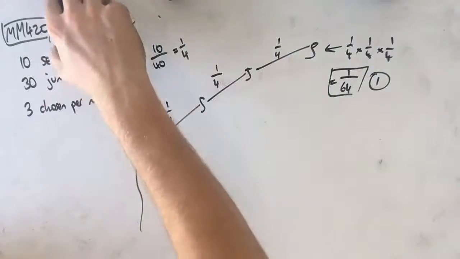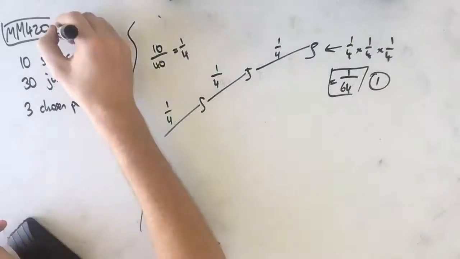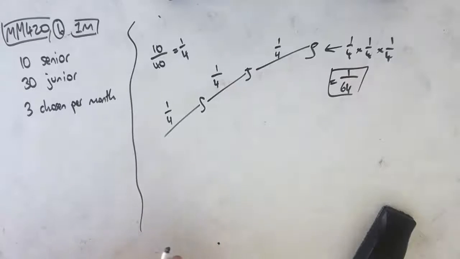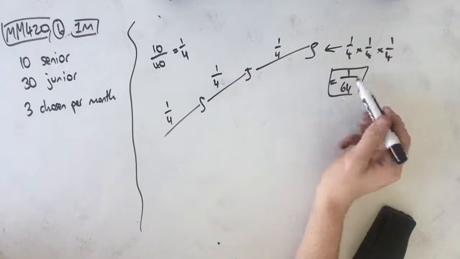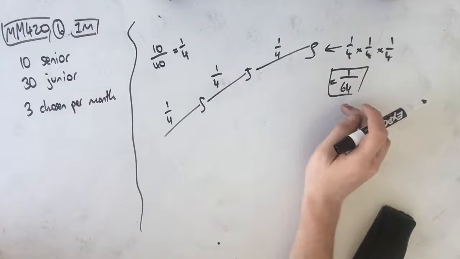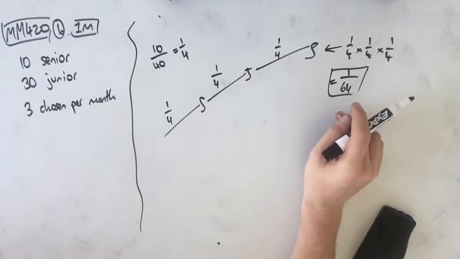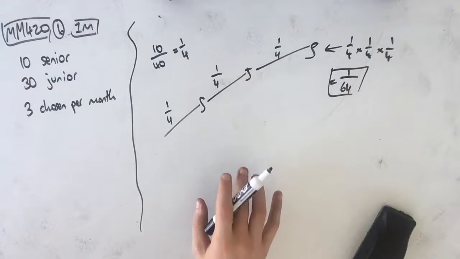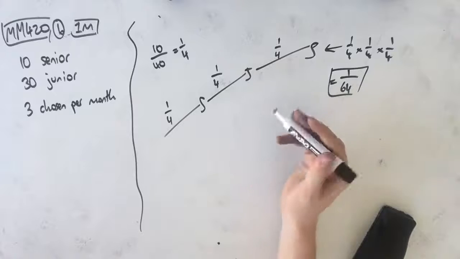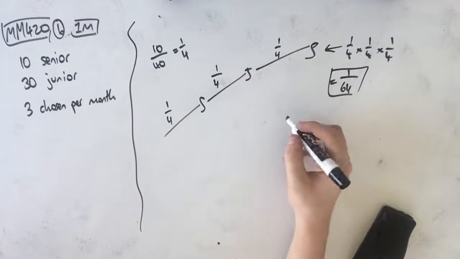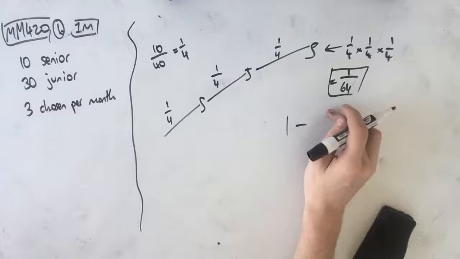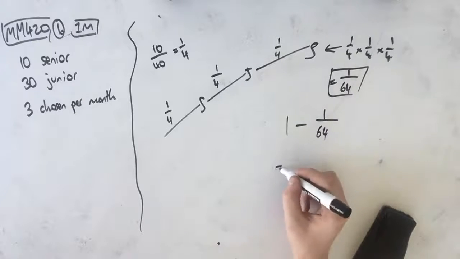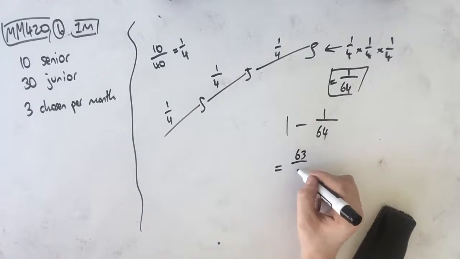Part B is also a 1 mark question and says, what is the probability that at least 1 junior staff member is chosen in a given month? Cool. So this probability is the complement of the probability that no junior staff are taken. That's the only pathway that results in no junior staff being taken. So if we're choosing at least 1 junior staff, that means we've got every single other possibility except for this one. So we have 1 minus 1 over 64, which equals 63 on 64,